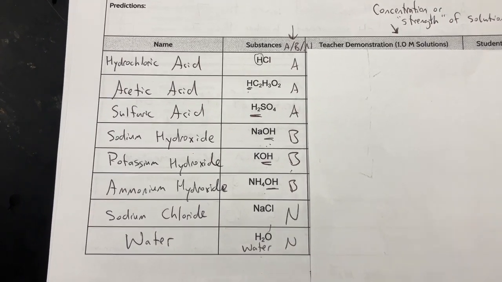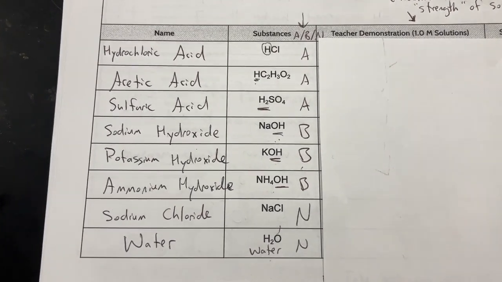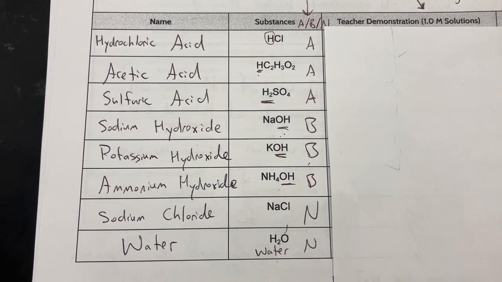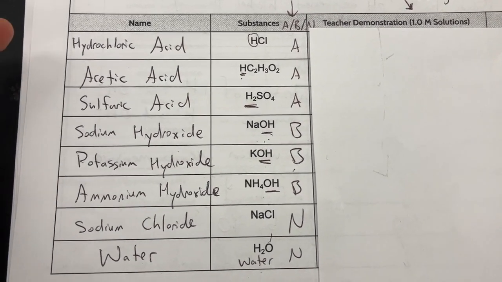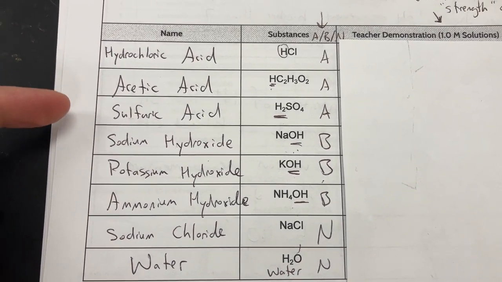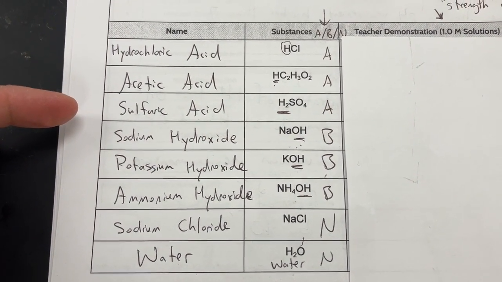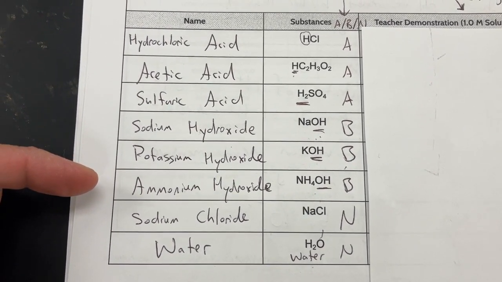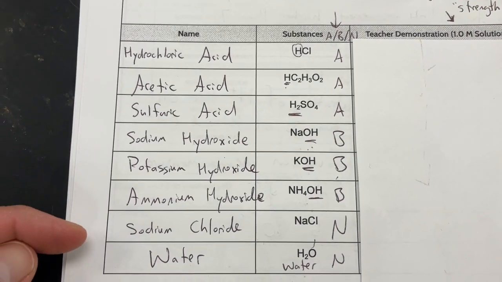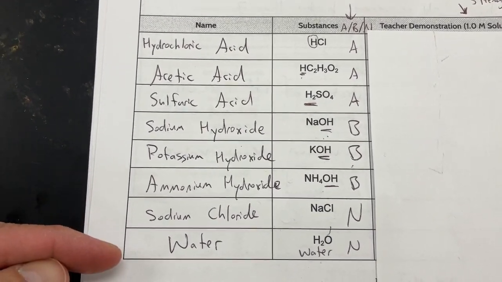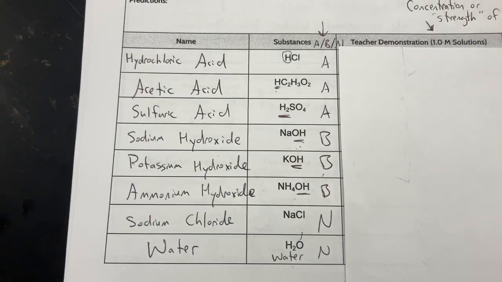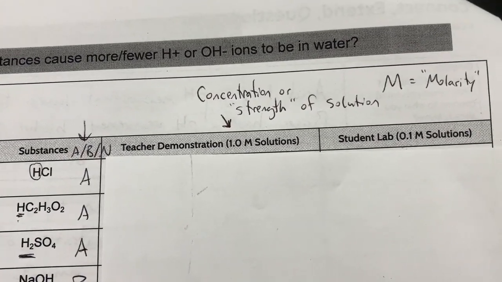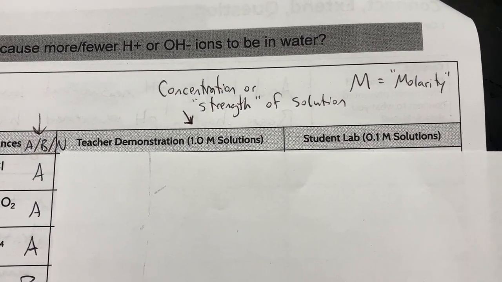In this video, we're going to look at pHs of different solutions and different concentrations of solutions. So I have here 8 different solutions. We have hydrochloric acid, acetic acid, sulfuric acid, and we have some bases: sodium hydroxide, potassium hydroxide, ammonium hydroxide, and then we have sodium chloride and water. And we're going to test out the pH looking at 2 different concentrations of solutions, 1.0 molar and 0.1